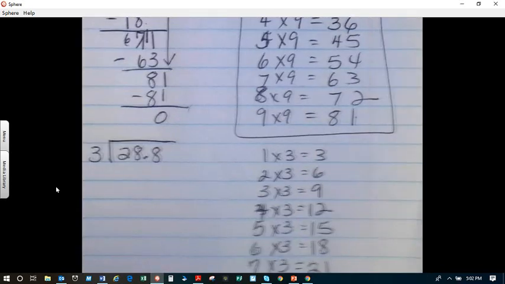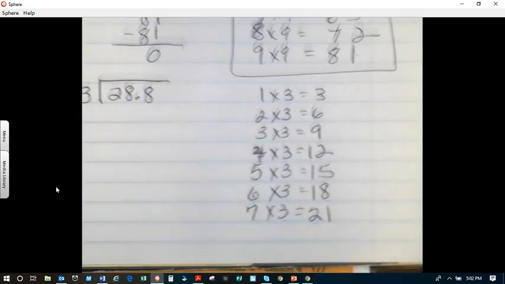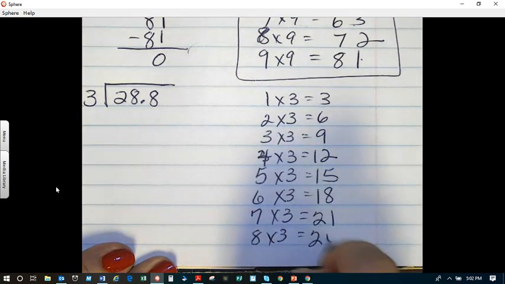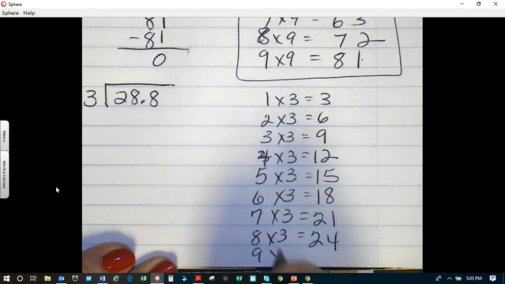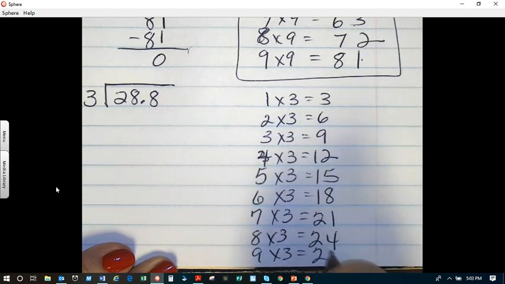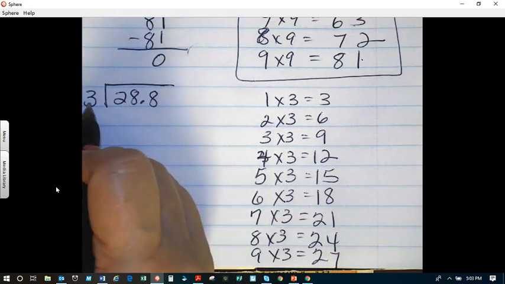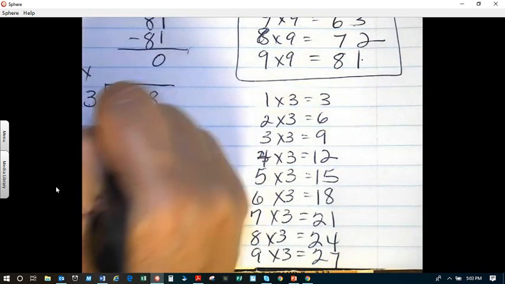Let me move this up here just a bit. 8 groups of 3 equals 24. 9 groups of 3 equals 27. Alright, so I did my multiplication up to 9s. I think that's as much as I need. So 3 cannot go into 2 because I have to have it